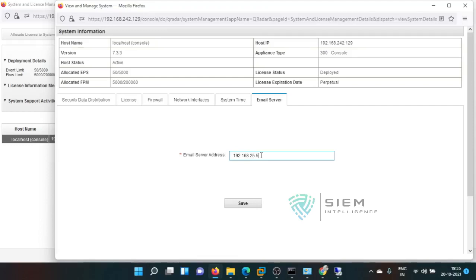If you have, you can give the IP. It will use this IP as an SMTP email server and it will send the logs, the reports, offense mail and all. It will send them with this particular email server, and you can save all this data.